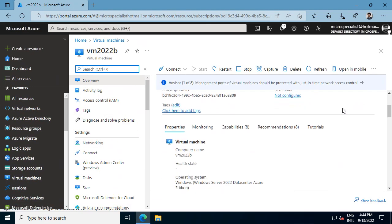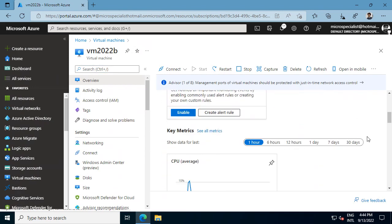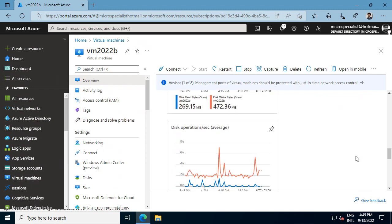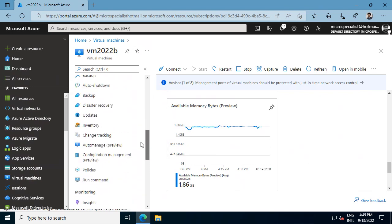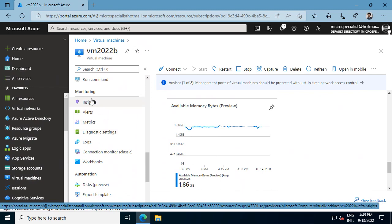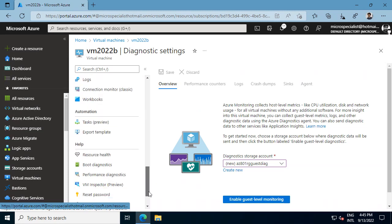And depending on my Essentials pane in my overview, I also have some monitoring where I can look at specific metrics, for example, how busy my CPU, network, memory and disk are. So I can see if my application is functioning well. Depending on my problems, I can set up my insights under monitoring. If I have any boot problems with my virtual machine, I can set up diagnostics where I can look at boot diagnostics, for example,